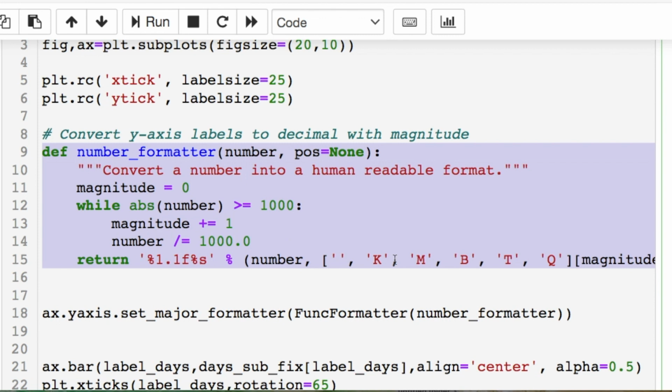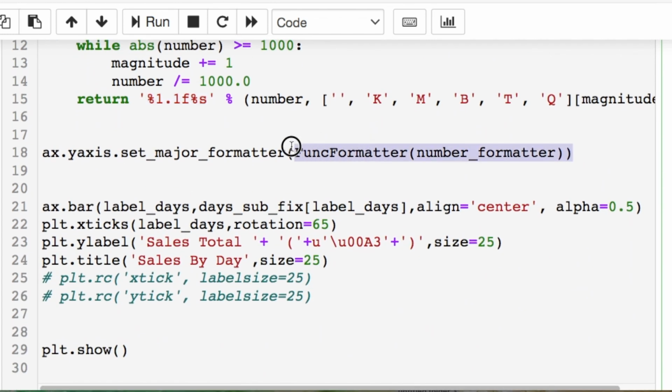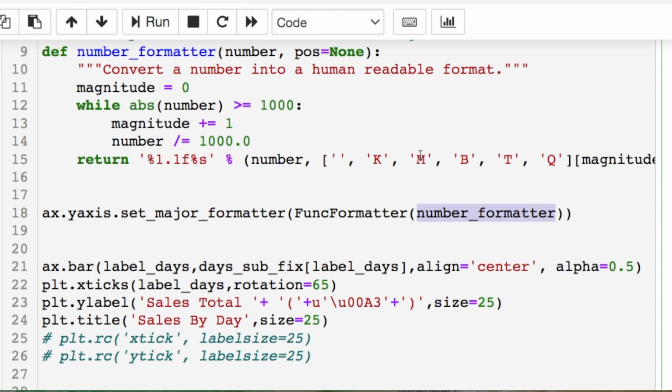If it's 1,000, then it's going to get a K. If it's 1,000,000, it gets an M. If it's less than 1,000, it just is its own number, etc. And then I'm taking care of the amount of significant figures and only keeping one. From there, you're using this right here. This is called in from matplotlib, this function formatter, and it's taking in this function right here, and it's setting it to the y-axis that we're calling, so we could change the labels.